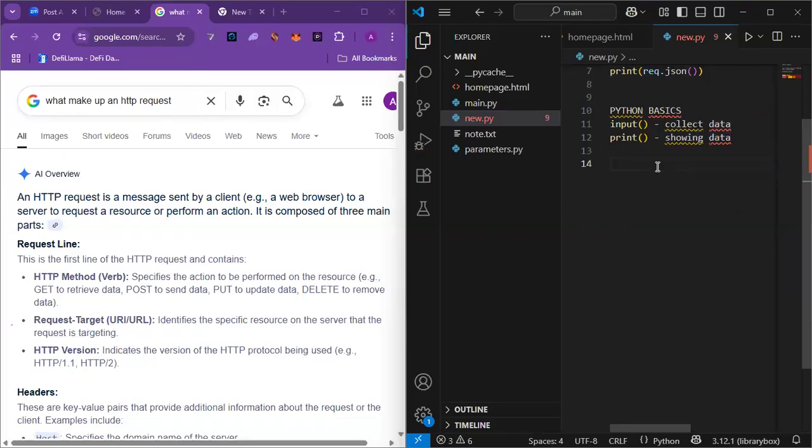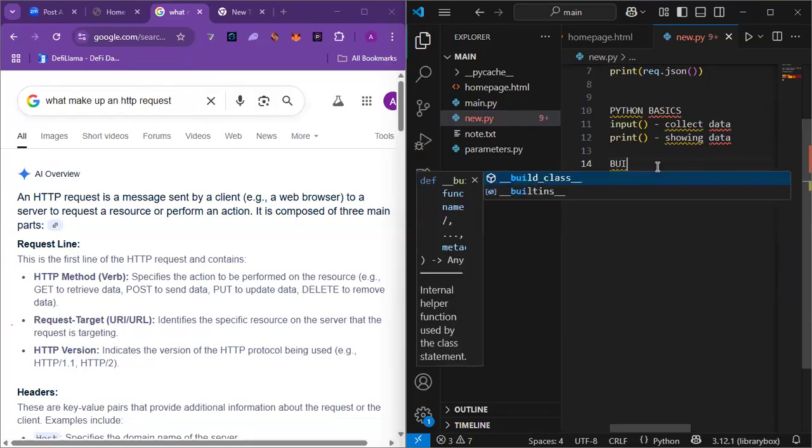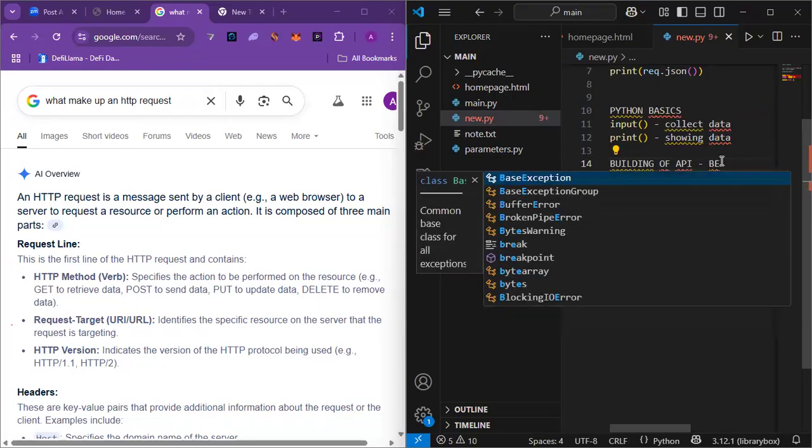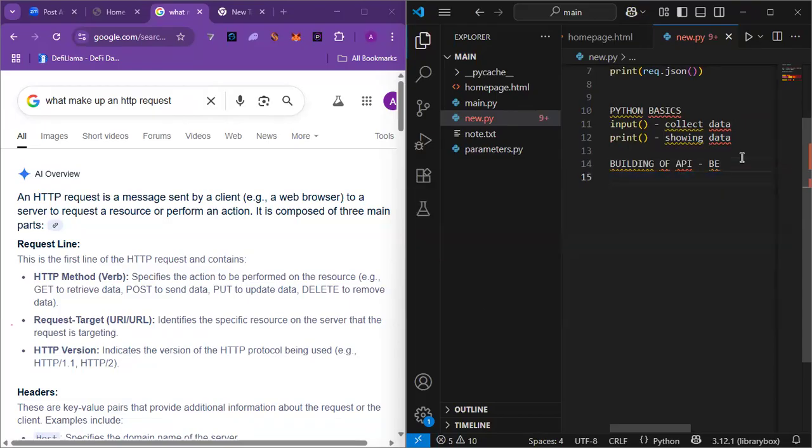Now we've moved towards building of API, which is our core responsibility as back-end engineers, right? This is the core responsibility of back-end engineers. We build API, right? Now that we've arrived at building of API,